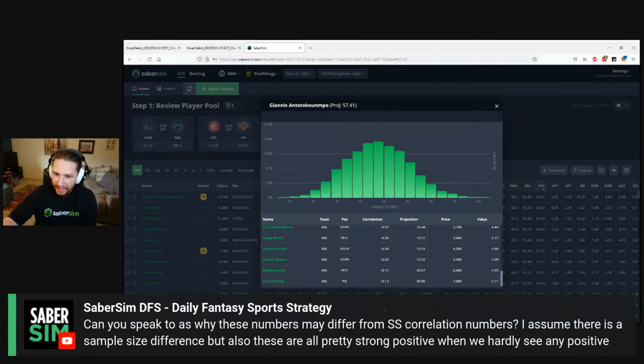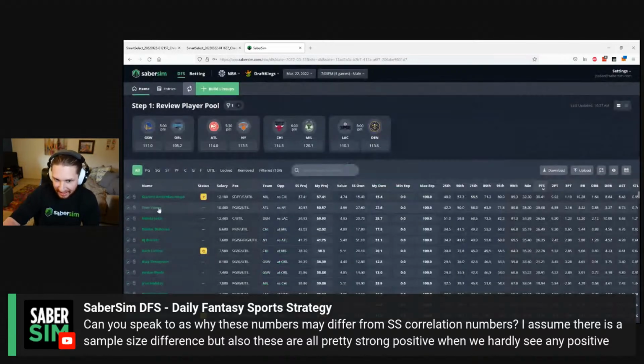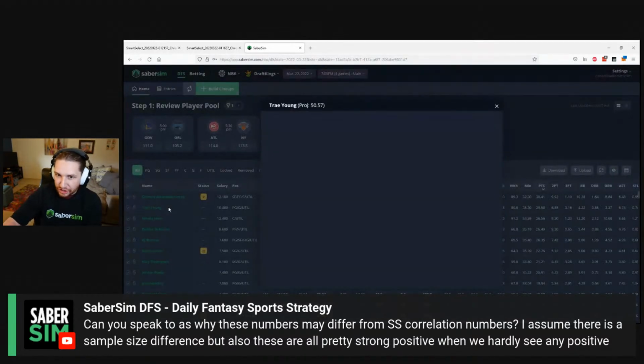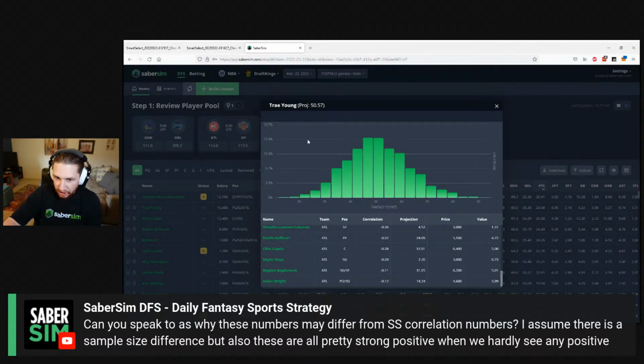Stars are generally somewhat negatively correlated to the other stars on their team, and players are negatively correlated to either players they 1-to-1 sub for in the rotation, or players that occupy a very similar role. Like Giannis and Bobby Portis both start, but they do a very similar thing on the court. There's a soft negative correlation there. Typically, if there are any positive correlations, they are very, very slight positive correlations to the opposing team, in the event that a game shoots out or goes well over or something like that.